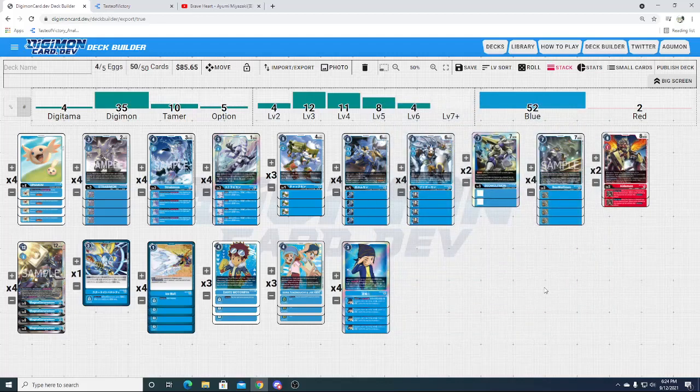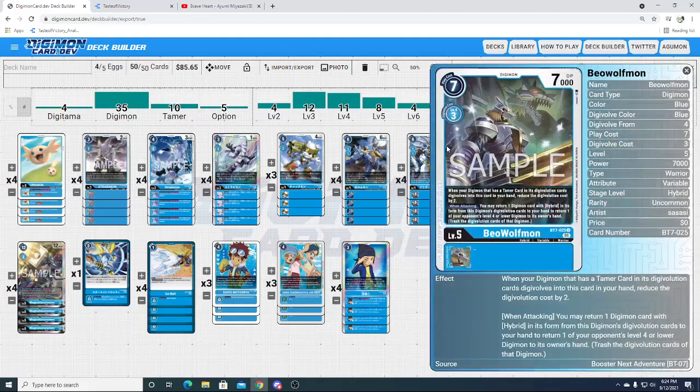Next up is the BT7 Beowulf, which is a really good card. If you have a tamer in source, the cost to digivolve is reduced by 2, so it's a 1-cost evo, which is really strong. And then when attacking, return a hybrid in source to return a level 4 or lower Digimon from your opponent's hand. This effect came up a bunch, just bouncing important rookies or blockers or stuff, and